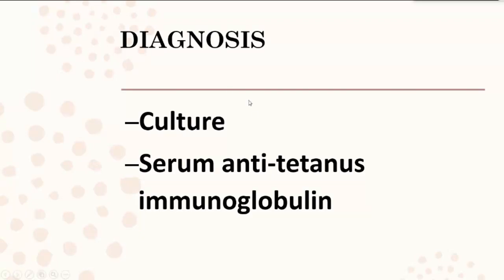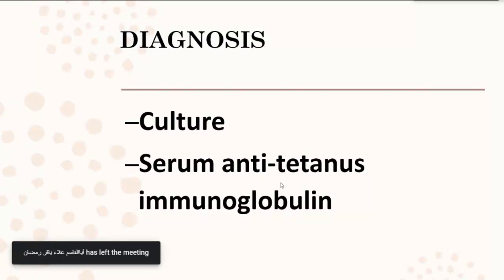So the diagnosis is clinical. The diagnosis of tetanus is clinical after exclusion of other causes by history. The culture and serum tetanus immunoglobulin will be supplementary if we are in doubt about the manifestation. But once you have suspected tetanus, you should treat it immediately. Culture, because it takes many days to get the result of the bacteria. Serum tetanus immunoglobulin is always not available in the hospitals. مو دائما موجود يعني. ما ننتظر السيرم tetanus immunoglobulin.